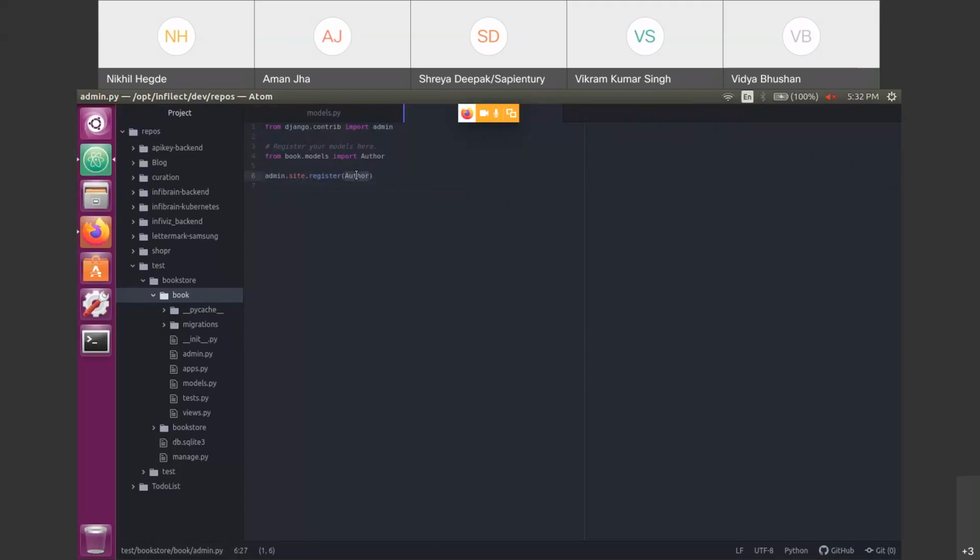Right now I have created only one model, so I have added only one command. Suppose you have one more table called Book that I will create in models. Let me create one more table called Book.